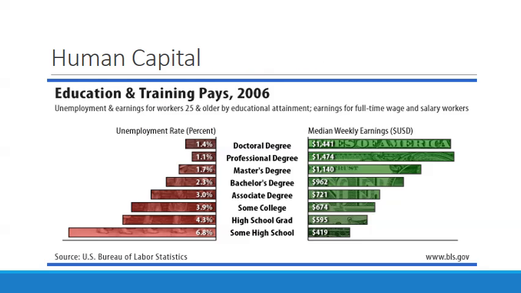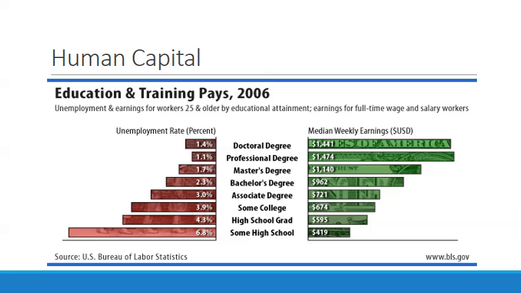Okay, let's look at this chart here. It says unemployment and earnings for workers 25 and older by educational attainment. So we're looking at how much money, and then looking at the unemployment rate. Now, what's interesting, you'll notice, is that on the left is the unemployment rate. Notice that doctoral degrees still have an unemployment rate. There are doctoral degrees that just aren't that valuable at times. But look at the difference. Notice how much the unemployment rate drops by educational attainment. So just graduating high school gives you 2.5% more chance of finding a job than being a